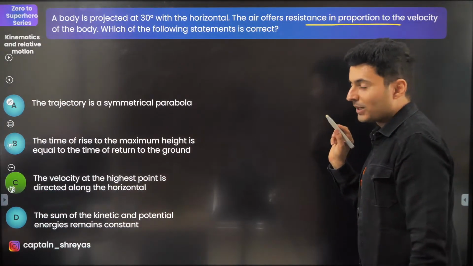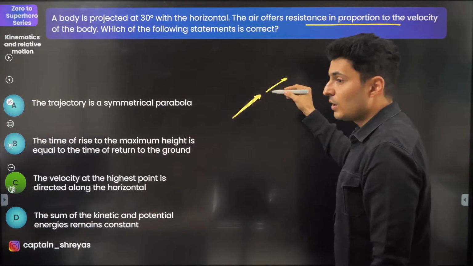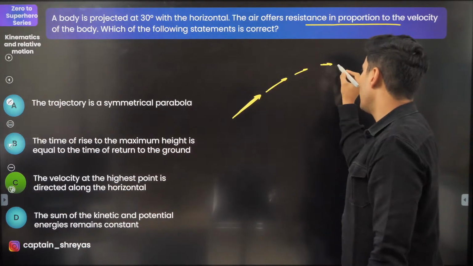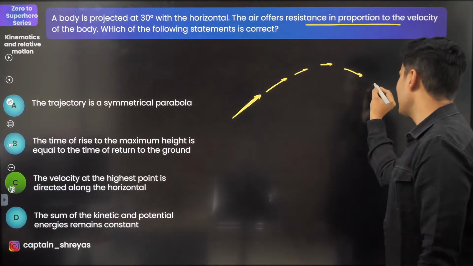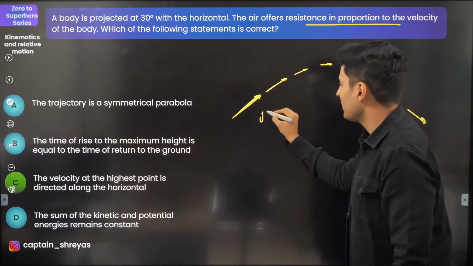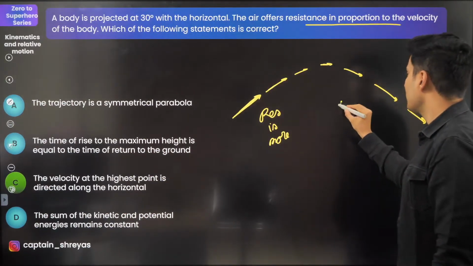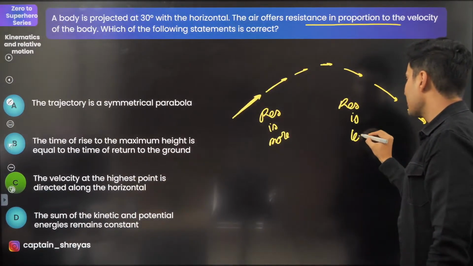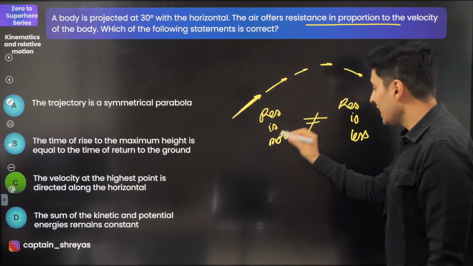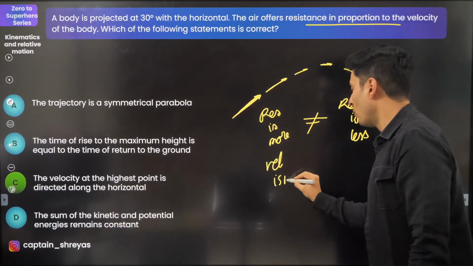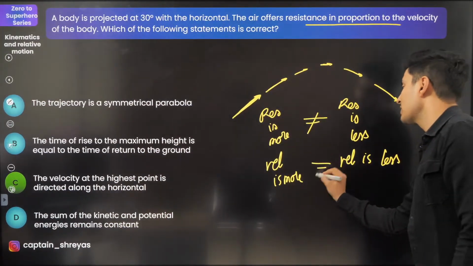So if resistance is offered, what does it mean? If you throw it with a certain velocity, it reduces the speed and the force is also more, and when it reaches the top, after that, speed is less, so the force is also less. So resistance is less over here. Here resistance is more, and here resistance is less. So the force here and here are different. Hence the velocity is more here in general, and here the velocity is less in general. Even the speeds are not the same.